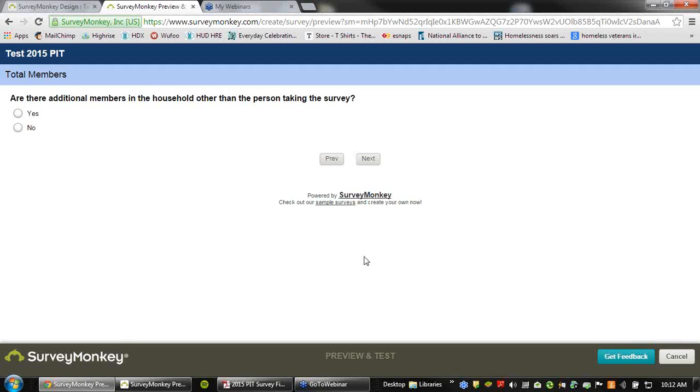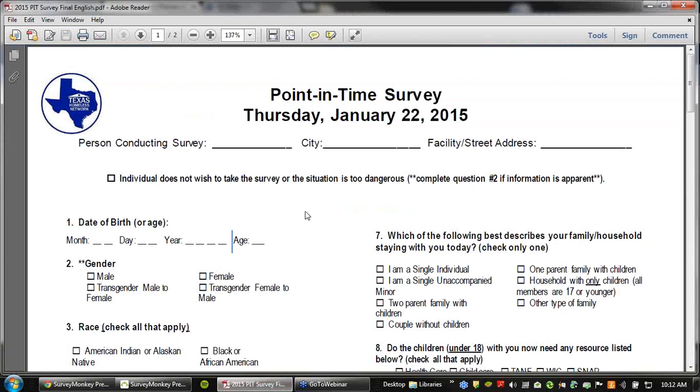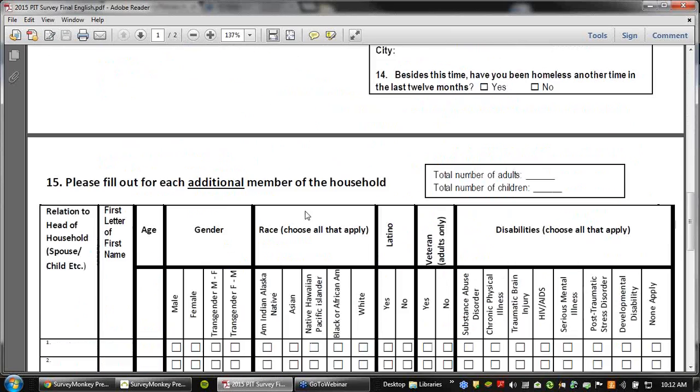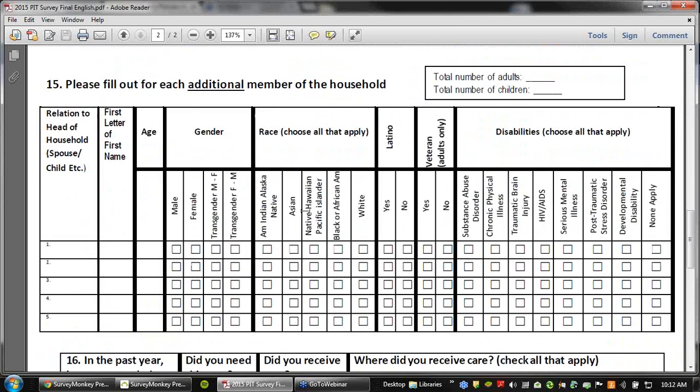So on this question, are there additional members in the household other than the person taking the survey? What you're going to want to do, and I'm going to pull up the survey here, is this is where you get that answer. If you've got folks in here, then you hit yes.